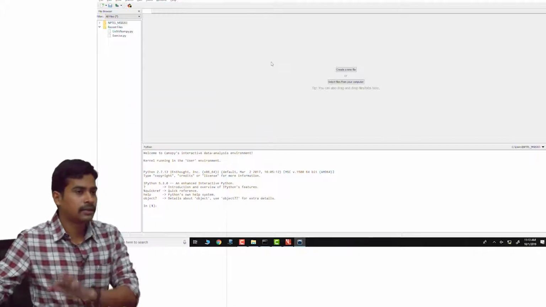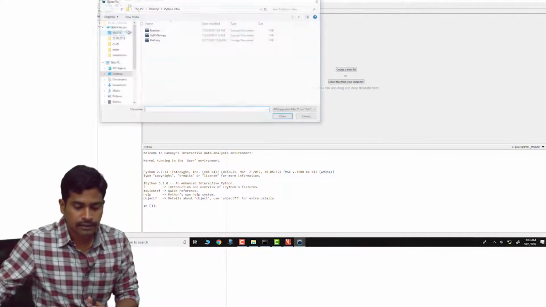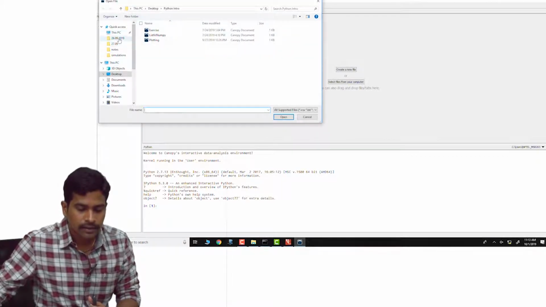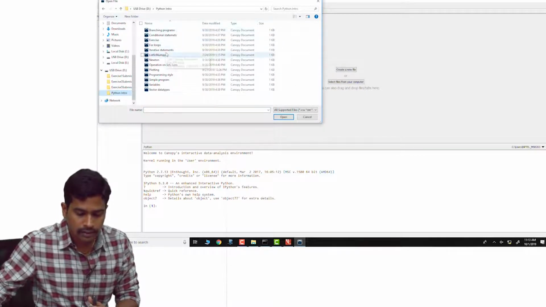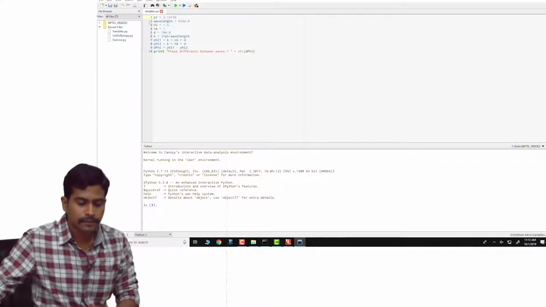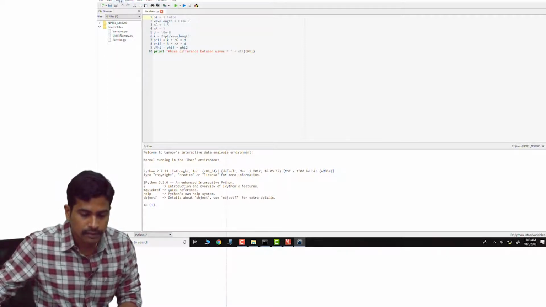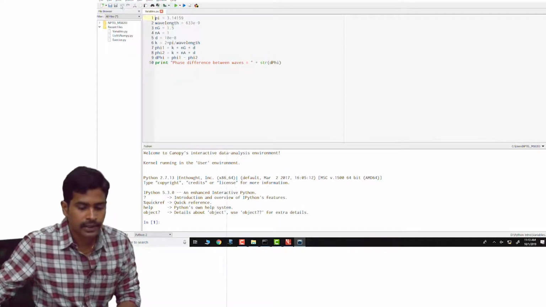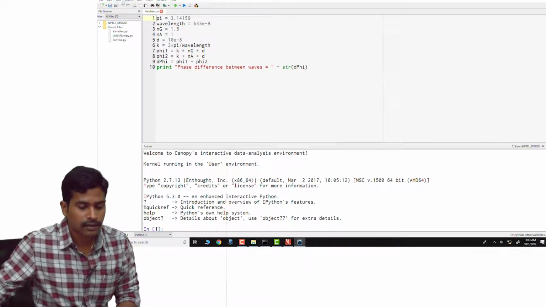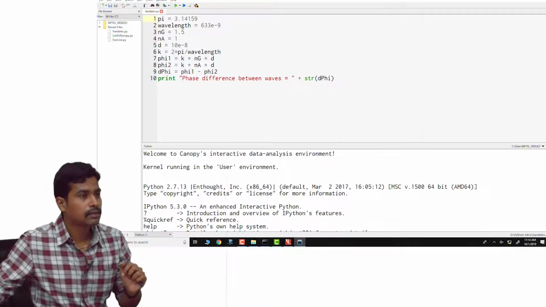I already opened it so that it doesn't take a lot of time, and I have already stored the program. This is the program. I will increase the font size. Can you see it now, or do you want it still bigger? Is it okay? Okay.